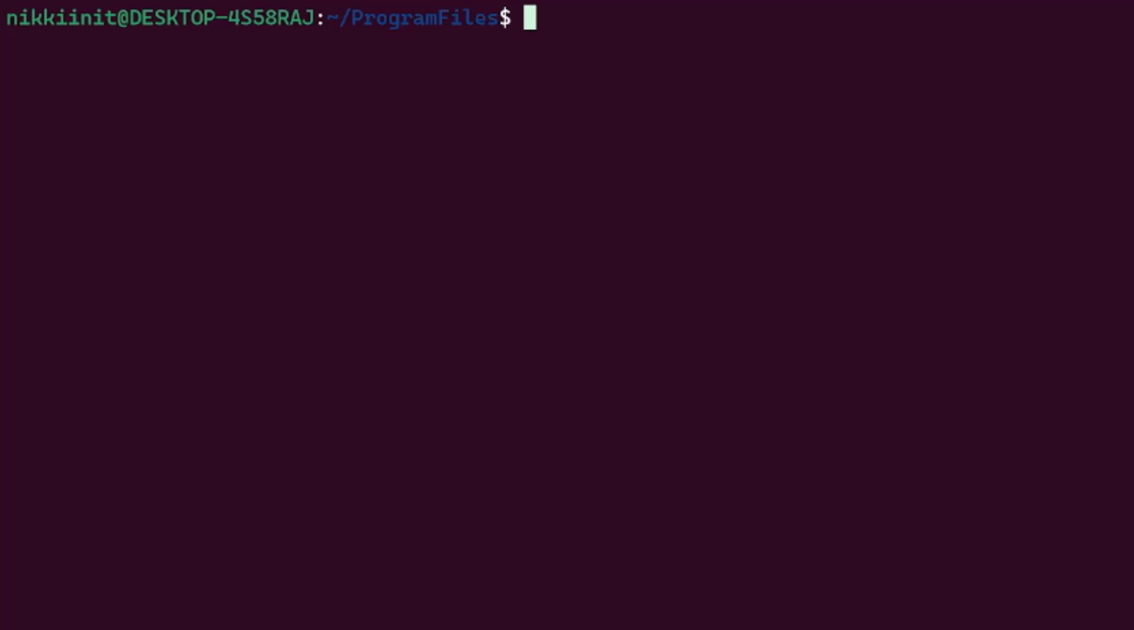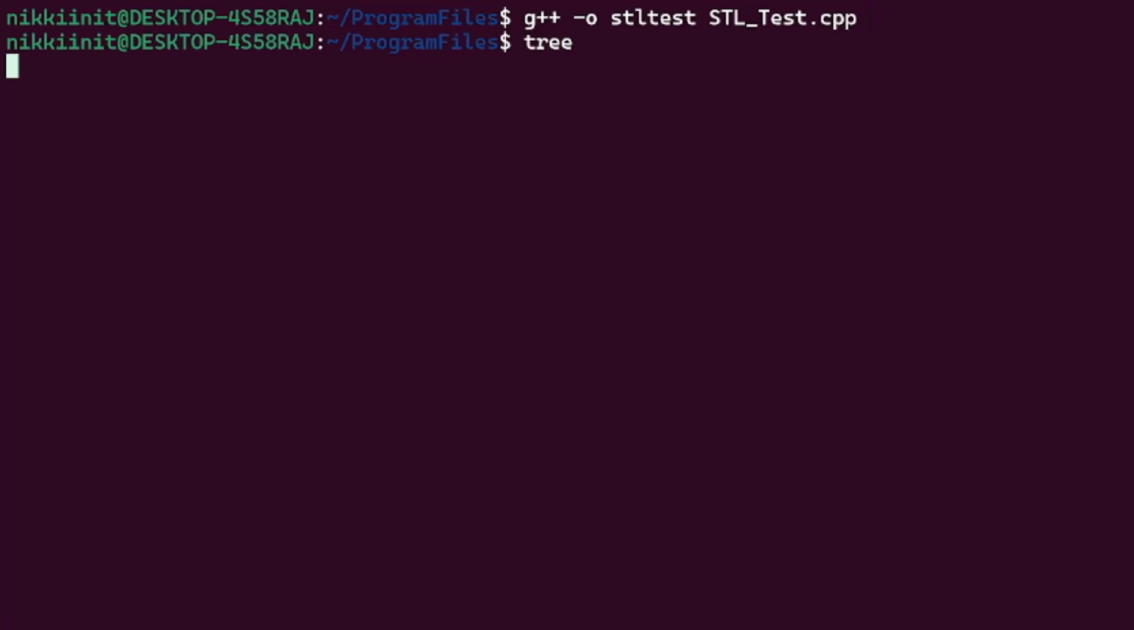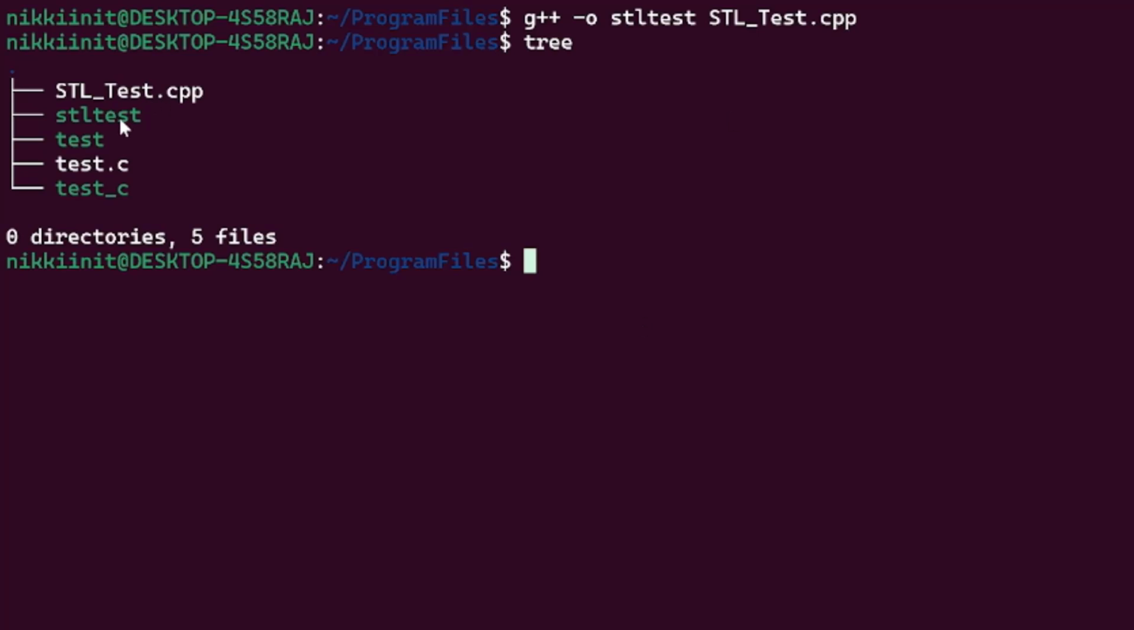So same as GCC, we can say g++ -o, and we can give our file a name. So we can say stl_test, and the name of the input file we want to get the data from is going to be stl_test.cpp. Now if I hit enter, everything is fine. If I go back and run the tree command again, you would see here I have my stl_test file ready. So I can go here now and say ./stl_test,